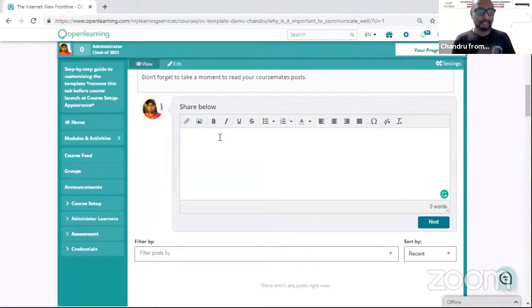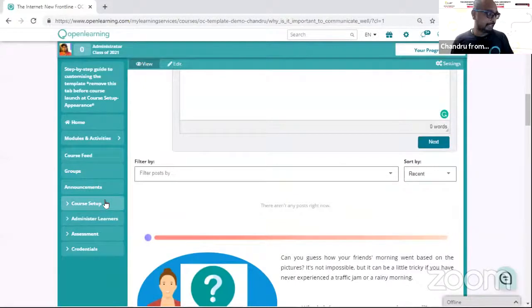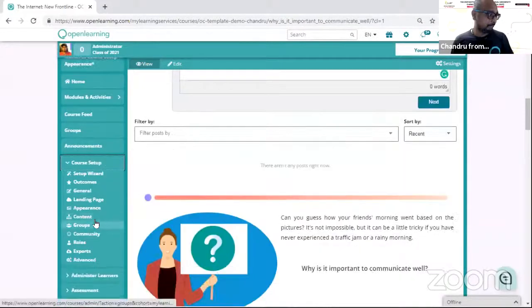Next I'm going to show you how to add your course learning outcomes. Let's say you already completed editing all your pages, creating the course structure, putting in all your contents and activities. The next thing is probably your course already has its own course learning outcomes. So what you need to do is add your own course learning outcomes in the platform, right? To do that, click setup and then click